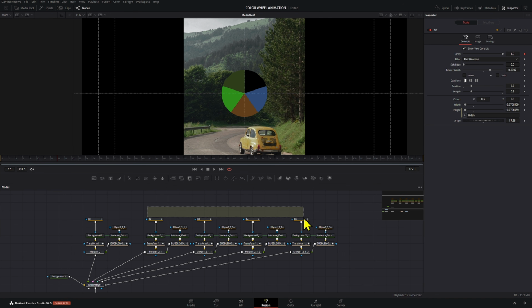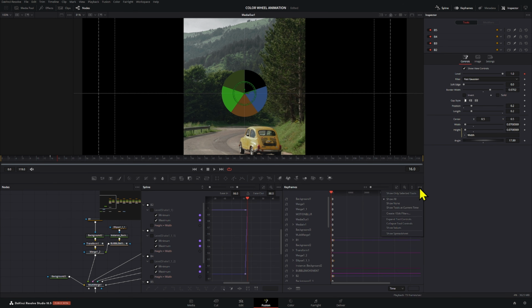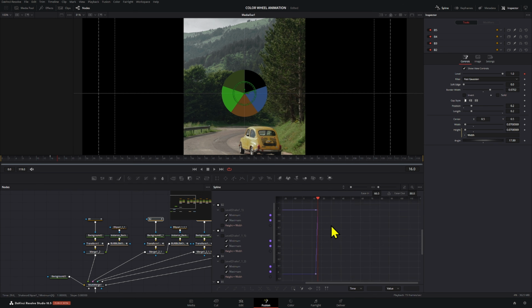Okay, now we're gonna go here and open the spline. You can use a keyframe here too, but I like to use this spline better, because on the keyframe you always have to go and choose selected only, and for some reason I don't like moving them around here that much, because it just, I don't know, it always gets messed up for some reason. Okay, we're gonna fit all of these in place, and we're gonna have to move all of them a little bit so that it has a little bit of a delay, right?